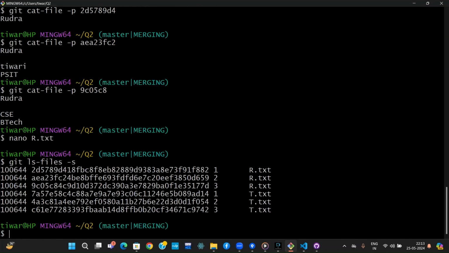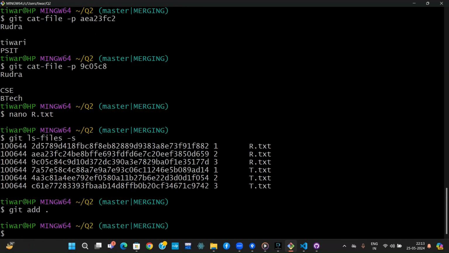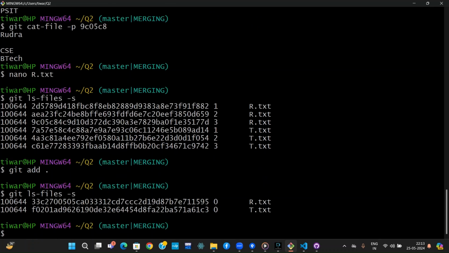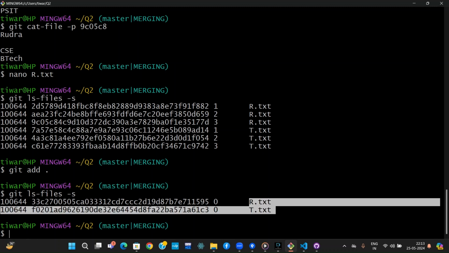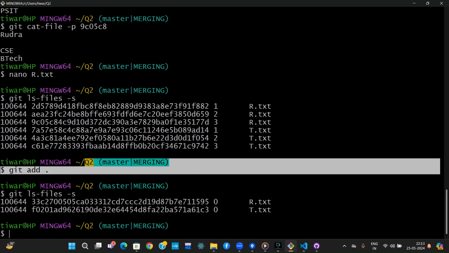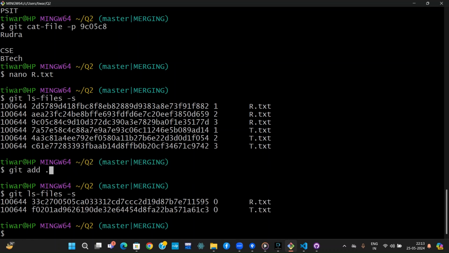I have to stage it first because I have edited this, so git add dot, it will stage. And this time if you write that, here you can see only a single file is present, like r.txt and t.txt. Actually I deleted the common portion, that's why this problem, both are changed simultaneously. This time if I run the command git merge new, it will clearly